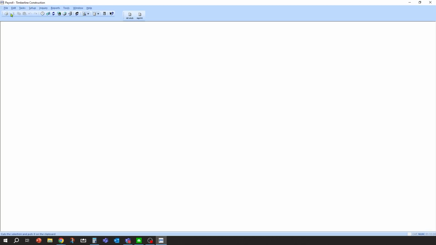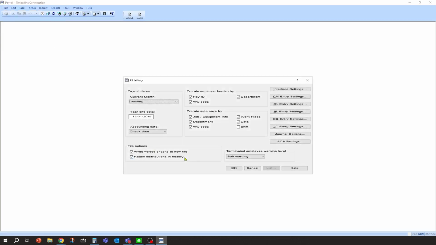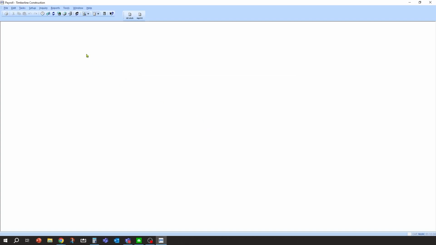And I wanted to show you on that phone how it prorated it by job. That's because of the company settings here in payroll. So if you go to PR settings, you can see here you have these prorate options as to how you want that to prorate. So if you want to turn that off, you can uncheck that there and it won't prorate that. Or you can just zero it out when you do that. And that's as simple as that.